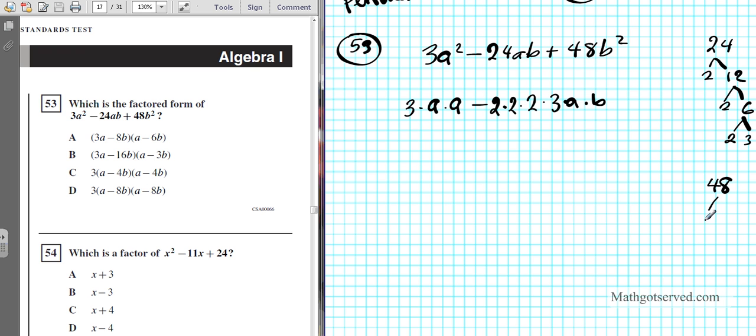48, I can take out a 2. 2 goes into 48 since it's even, 24. And then we already know what 24 is, right? It's 2 times 2 times 2 times 3. So we can use that here. So plus,